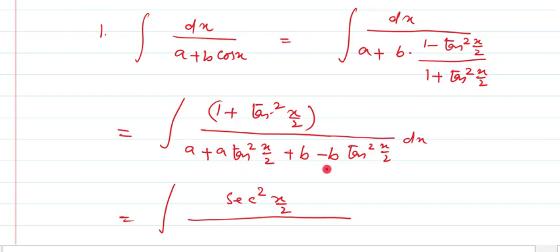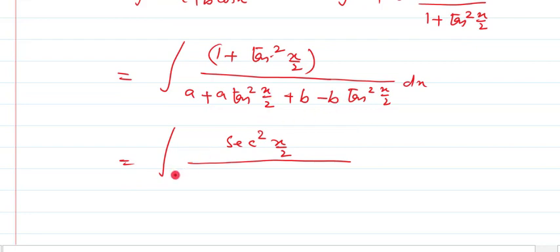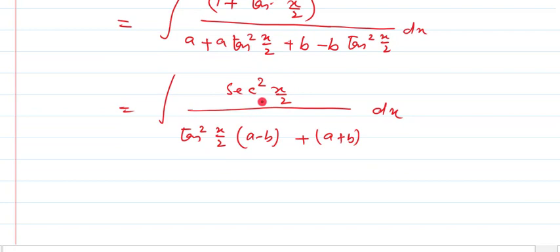here as I told you, a and b are constants. Suppose 1, 2, 3, something. So we can add them up. After having common, or you can say simplifying these 2 terms, we are having tan square x by 2 into (a minus b), and simply a plus b will be another constant term. And now the question is ready for substitution. Yes, if you put tan x by 2 as t, then obviously sec square x by 2 dx will be a part of the differentiation of tan x by 2. So it will be removed and your question will become very simple.